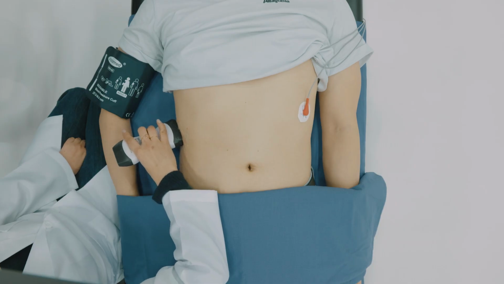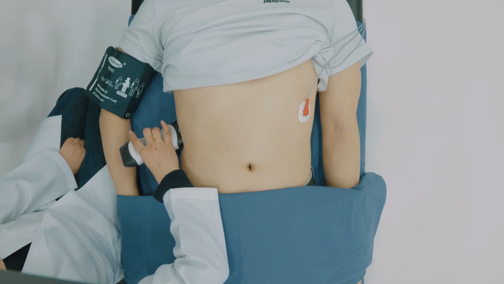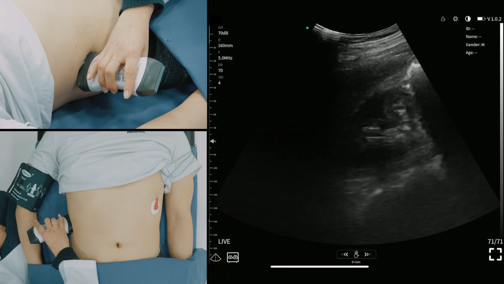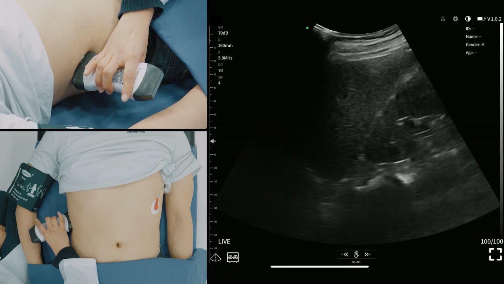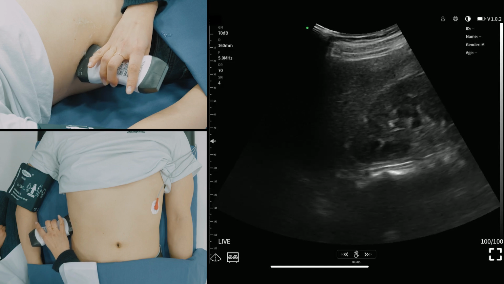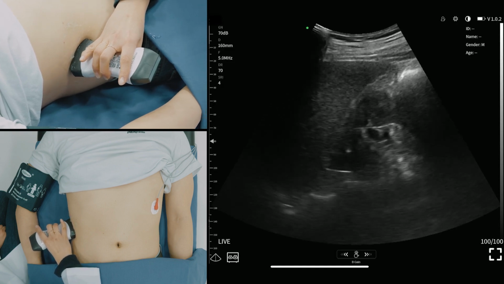Position the probe in the mid-axillary line at the 8th to 11th intercostal space, with the indicator pointed cephalad. This provides a coronal view of Morrison's pouch, the interface between the liver and kidney. Follow the lower edge of the liver caudally to obtain a clear view of the liver tip, where fluid tends